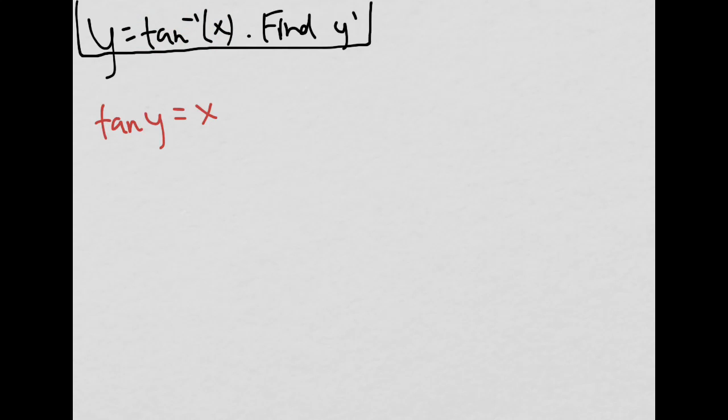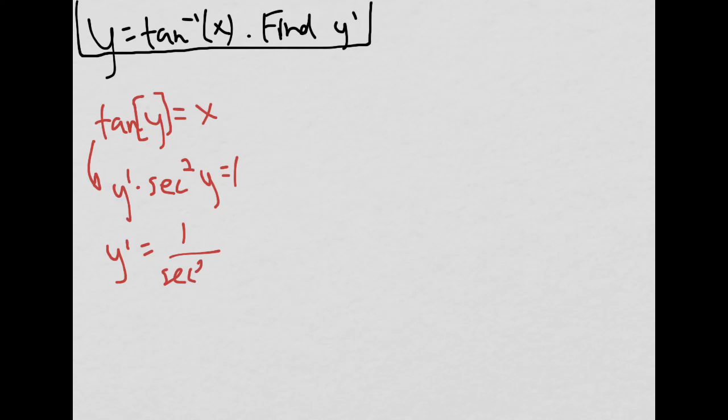So the next thing I do is derive with respect to x. Sometimes it helps me see with implicit differentiation like this that I need to do chain rule on y if I put that piece there. So the derivative of the tan gives me a y prime times secant squared of y. And the derivative of the right-hand side, well, that's x, so the derivative is just 1. From here, I can divide both sides by secant squared and get y prime equals 1 over secant squared